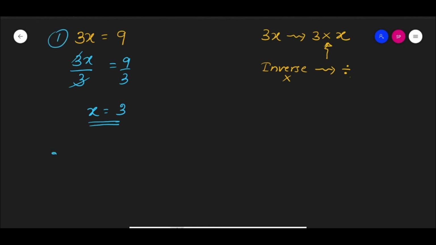Sometimes you will doubt that some numbers cannot be divided. Look at this one: if you have 5x equals 9, what am I supposed to do? You have to divide either side by 5. Then you can remove the 5 from 5x. Now you can't divide 9 by 5 evenly, so keep it as a mixed number, or otherwise you can convert it to a decimal. The better way is to keep it as a fraction. Now you can do the next problem set.